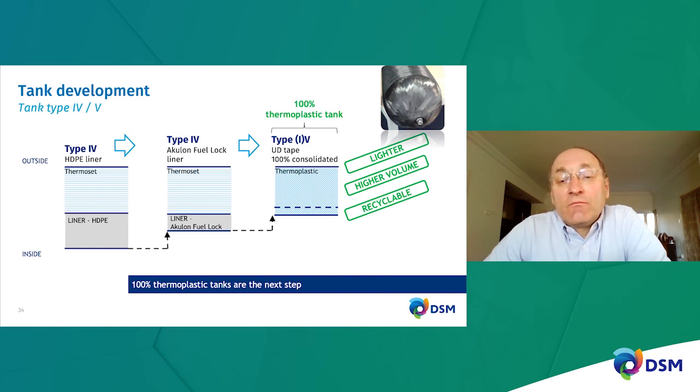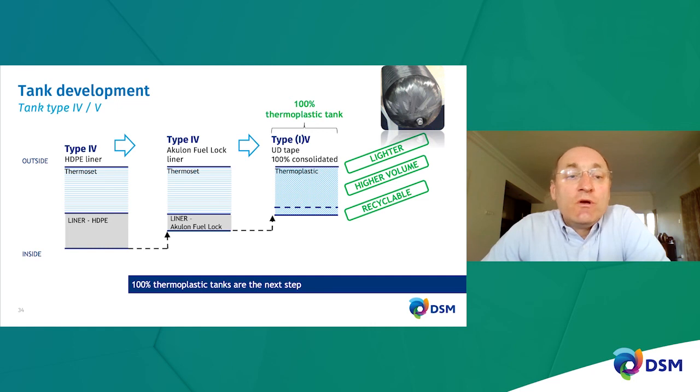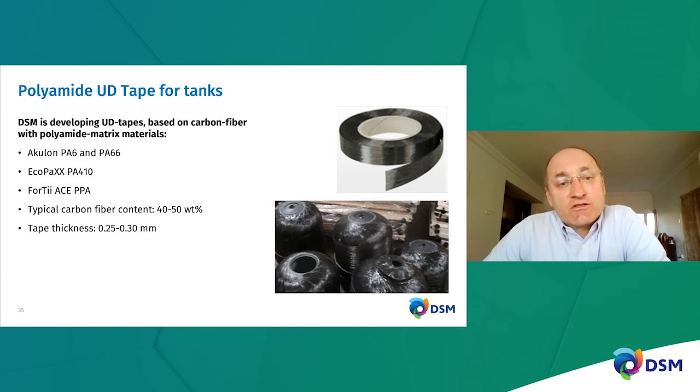So at the end, what we think is that next generation Type 4 or Type 5 tanks will all be thermoplastic-based. And that links to the next development that I briefly want to show you. At DSM, we are also working on so-called UD tapes, unidirectional tapes, for these tank applications where we combine